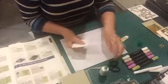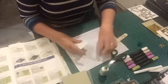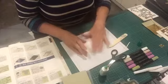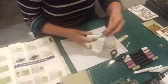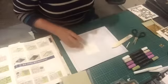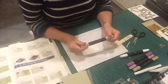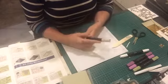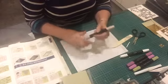Okay, so I'm just going to trim a little bit of stem off, because it's just a fraction long. Now this is going to look a little bit messy when we start using our blenders on this. So I'm going to start off with our neutral, I think it is. This one, is it our neutral? Oh no, this one's ivory. So I'm going to start off with ivory,